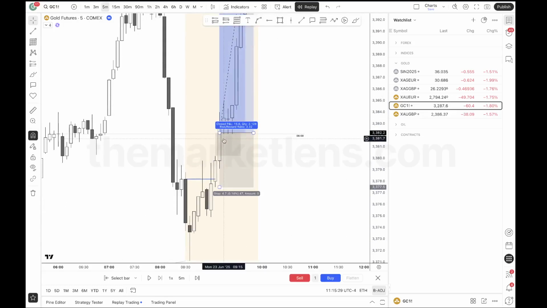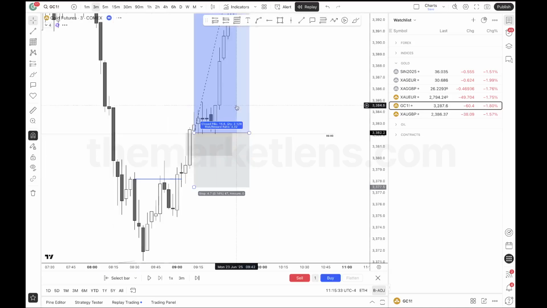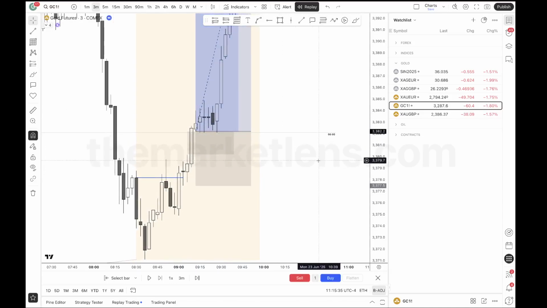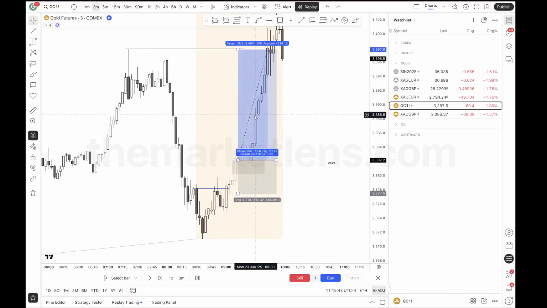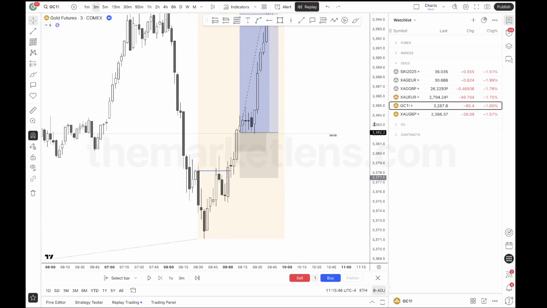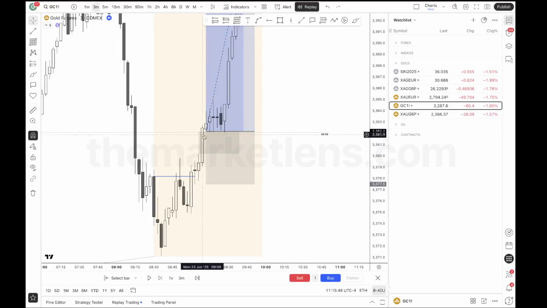So I just wait for some new level to be printed, right? So here's a fair value gap that gets printed on the 3-minute, right? And I'm expecting this to support price higher, right? So I just have to put my stop loss in a place where I don't expect price to return. And as long as I can get 2R, that's really all that matters, right? So here, you have a fair value gap. And why am I putting my stop loss here? Because I'm not expecting price to return back to this fair value gap.